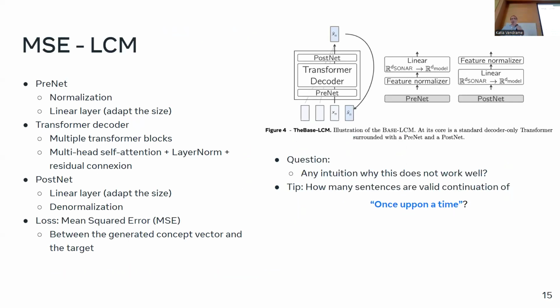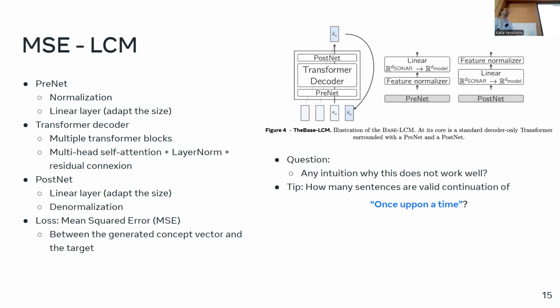Okay, so this is the first attempt at the LCM. What we did is we went the straightforward way. Basically, we have our vectors in the input. Sorry, the model we called the MSE LCM. So we have a sequence of vectors, and we want to predict the next sentence vector, right? So it's next sentence prediction in the embedding space. So here, of course,